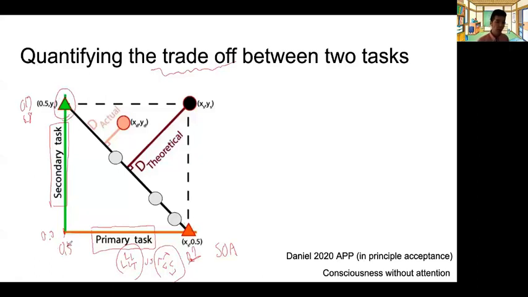So when you plot both primary and secondary task performance together, it locates here. And if you prioritize the primary task, it locates here. And this diagonal line corresponds to the perfect trade-off between the two situations. On the other hand,